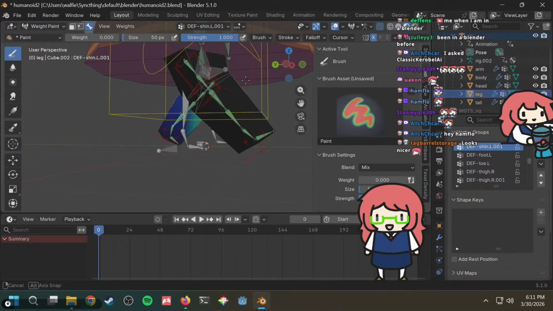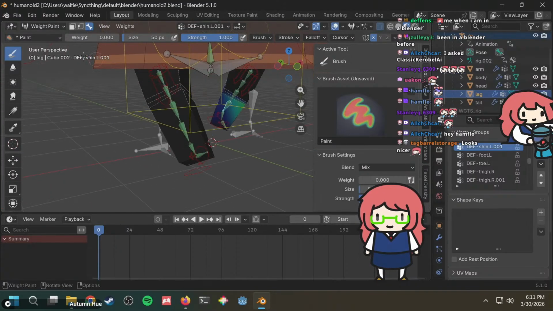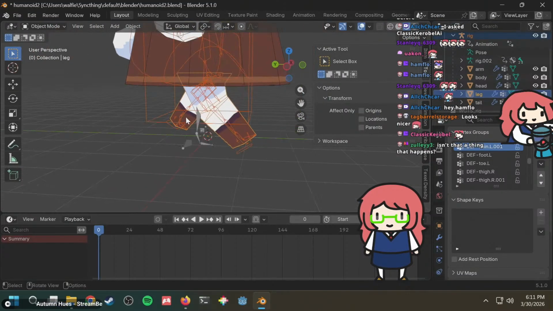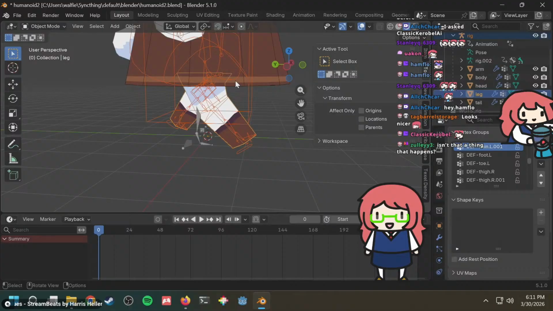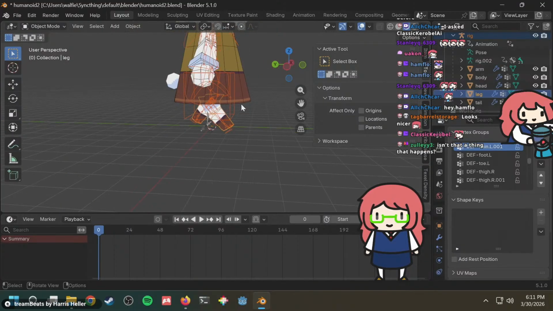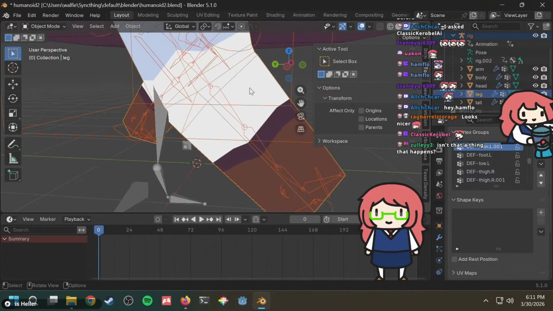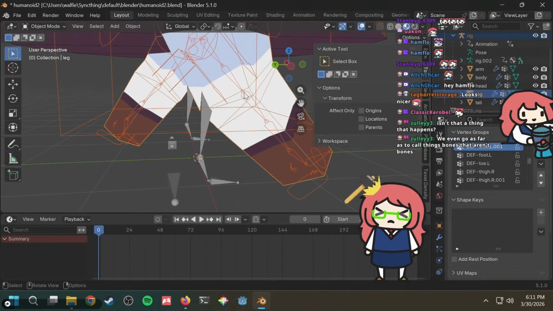That no one even understands the bone. Is that a thing that happens? Maybe. Carabel, do you know? Welcome. But do you know why? How do I stop this from happening? Like, why is this rotated this way? Is my original bone incorrect?